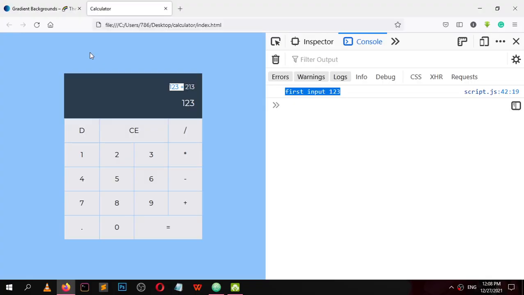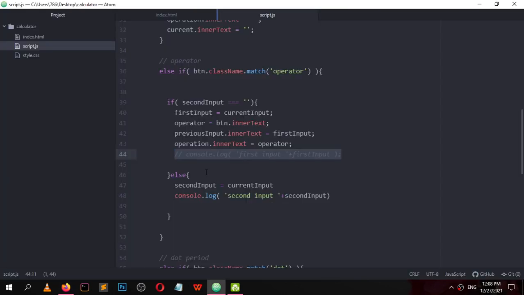Comment out this, change this. Let me type 5 5 5. As soon as I hit, it is hard coded. We are seeing this because it is hard coded. We clicked the 5 button 3 times. As soon as I hit any button, this will change and this will change. Let me add now, see, and the current input, and else console.log this.